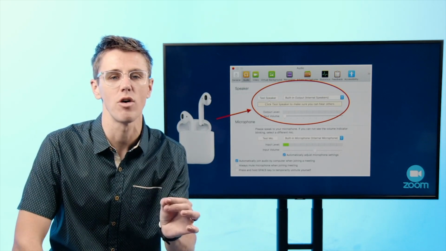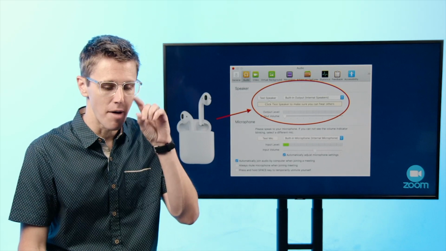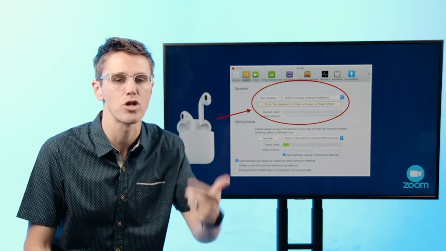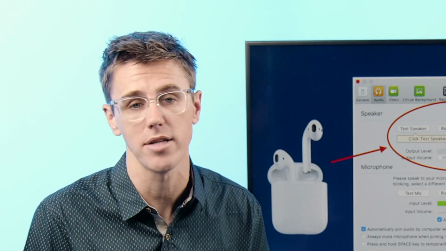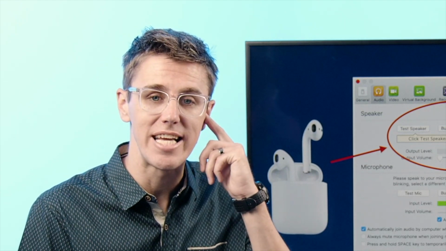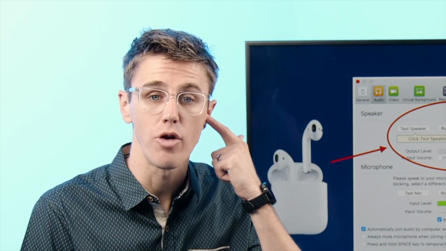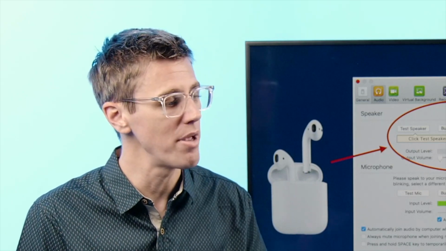This is a little detail. Your speaker is actually the audio. So when people are talking, where do you want that to go? And then the mic is actually what's picking up your audio. So for example, if you're using, let's say, AirPods, you might have those connected on your Bluetooth, but maybe you want the audio to come in through the speaker to actually go through your AirPods, but you want the mic to be from your computer.